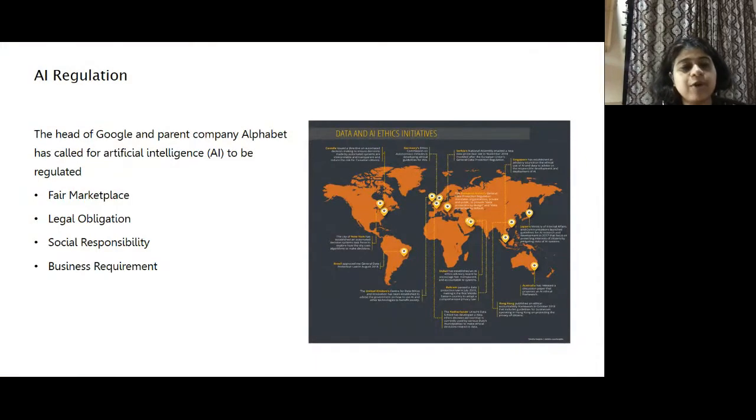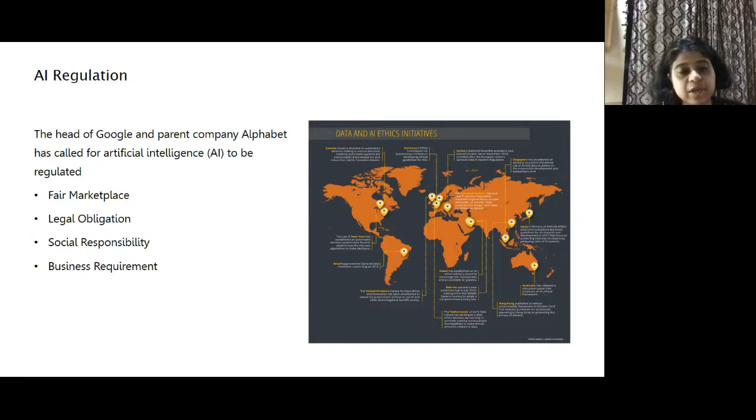So let's see why AI regulation has come up. Is it stating that only privacy is necessary? It is also stating that fairness is equally important, like privacy. Sundar Pichai has been very active in the space of Google Conversational AI, and he has been stressing the importance of bringing fair AI methodologies and technologies in at all levels to ensure a fair marketplace,